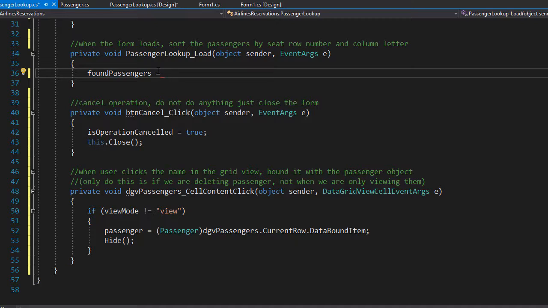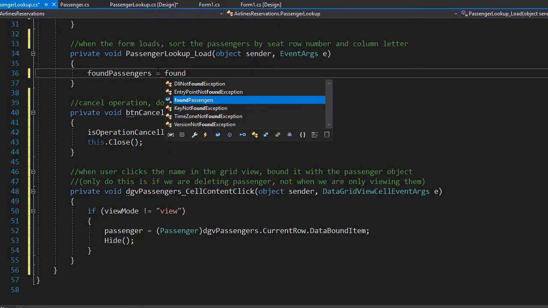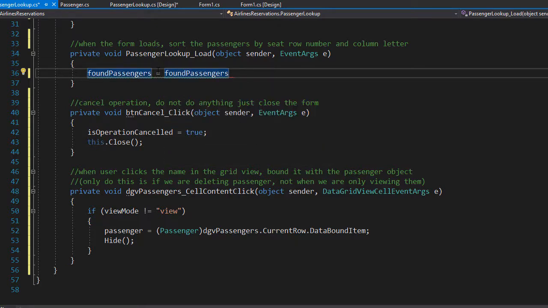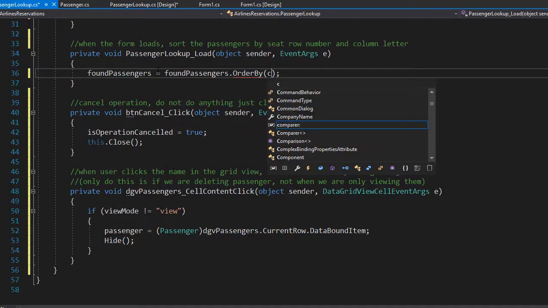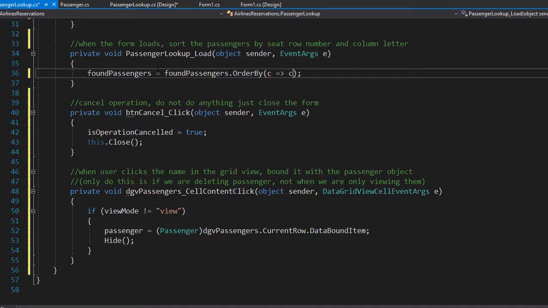and it will equal the passengers in our list. So it will again equal itself, found passengers. However, we will sort it here, and to sort it we will use the order by. So we will use dot order by, and first we sort it by the column. So C for the column goes into C dot seat column,